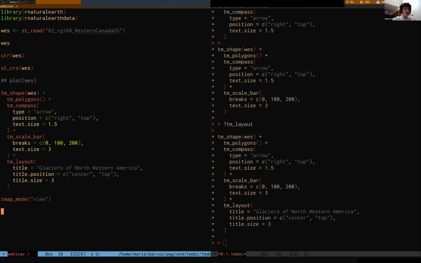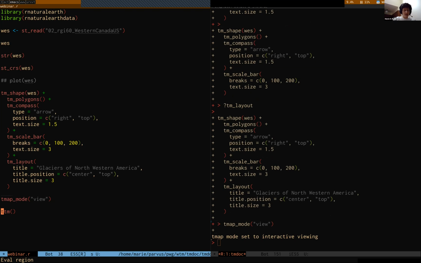you can also run the function ttm, which stands for type of tmap, I think. And each time you will run, no, it's toggle tmap mode. Yeah, ttm stands for toggle tmap mode. Each time you run ttm, you will toggle from view to plotting. So there are two options. So if I run either of these, now tmap is set to interactive viewing, and I could rerun